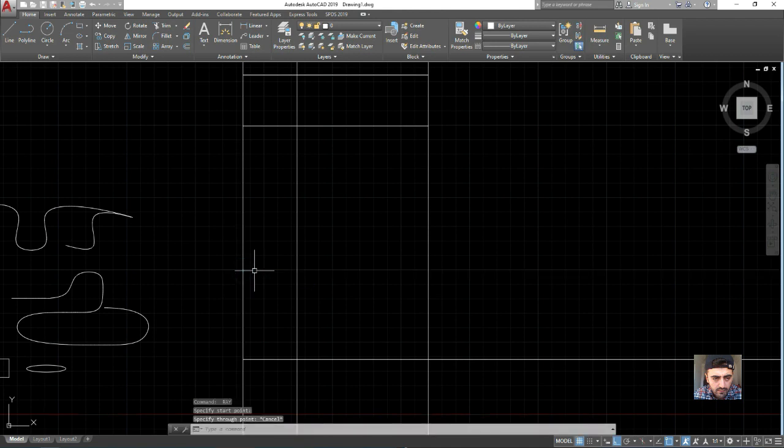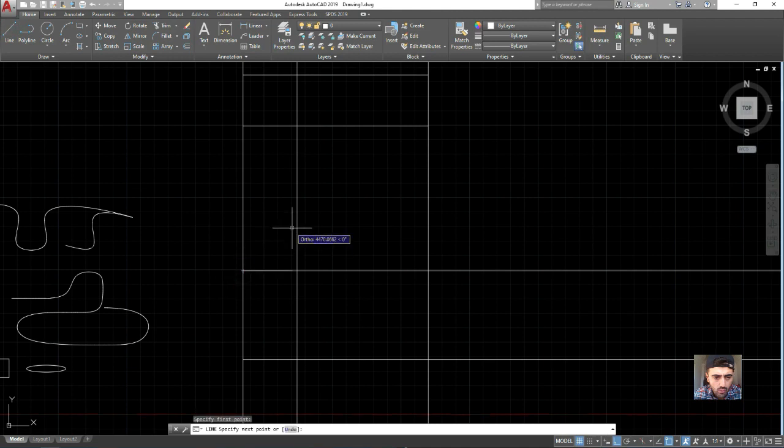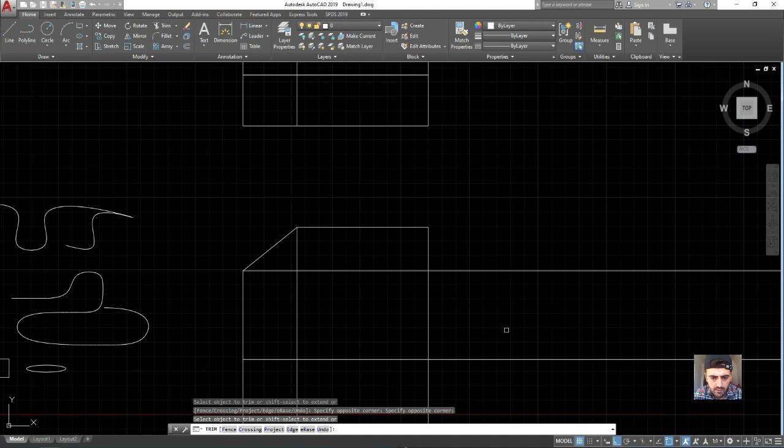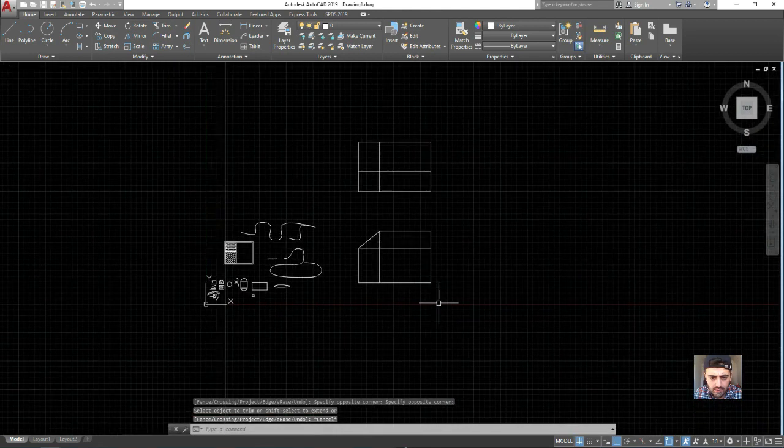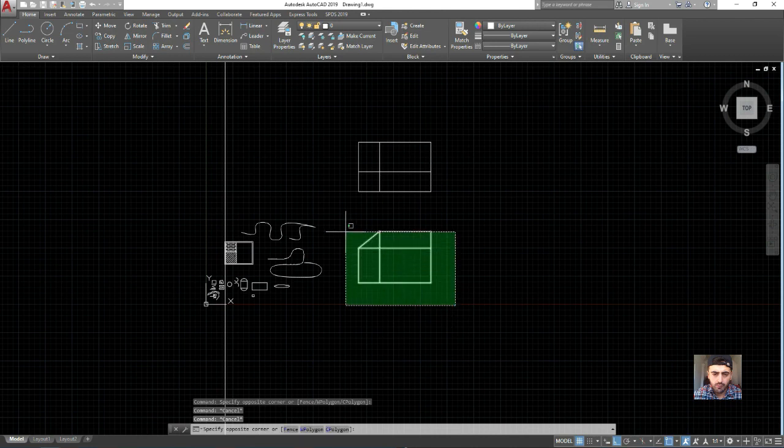Like this. Now choose the trim, click spacebar. That's all. This is the facade of our plan on top. It's our front